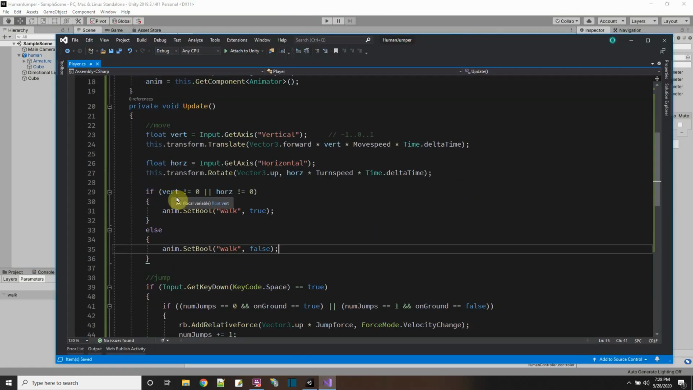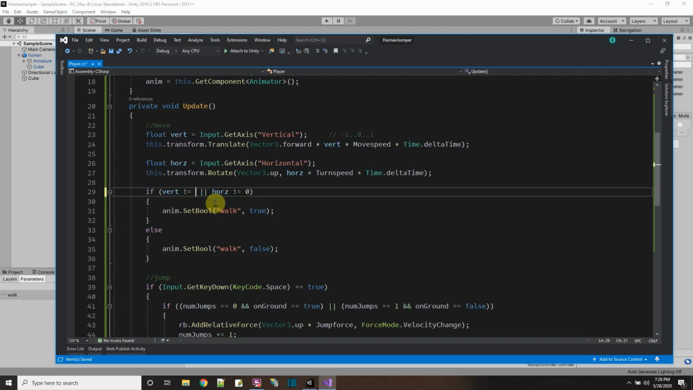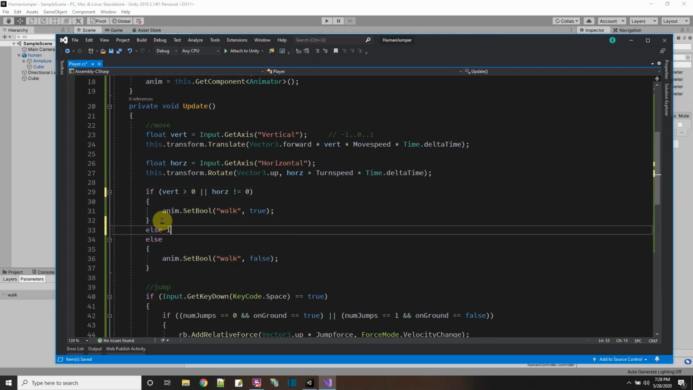Now in here, this is when we play the walk animation because we're moving. The only thing here is we're checking for vertical and horizontal, and we don't care about the direction. And so we just keep playing the forward. But now we're going to care about the direction. If vertical is greater than 0, then we want to play the forward animation. Else, let's add some more conditions to this. If vert is less than 0,